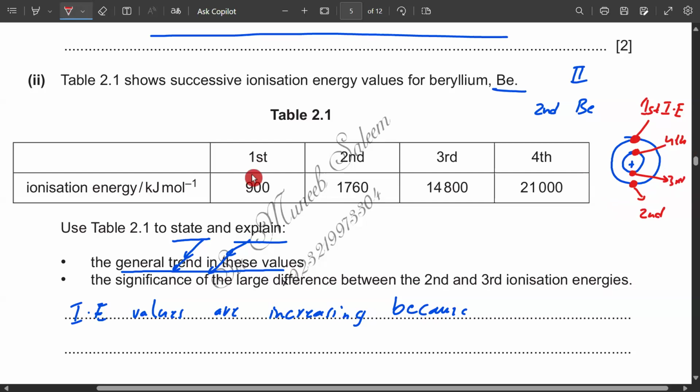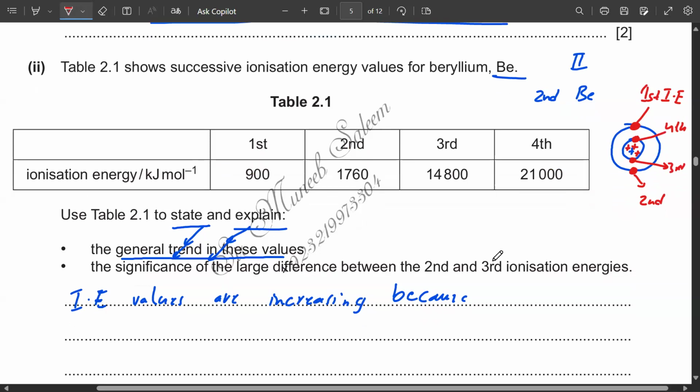So when you remove the first, then the second electron, what is happening? You are basically increasing the positive charge relative to the electrons, because the nucleus has 4 protons. They are not being changed. They are not being removed. They are still there. So you're increasing